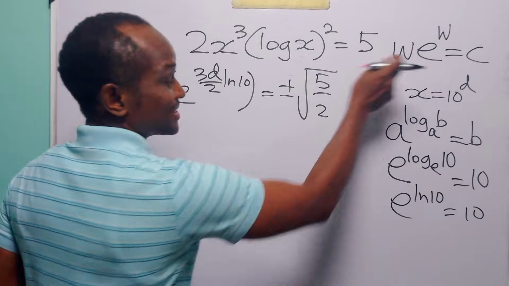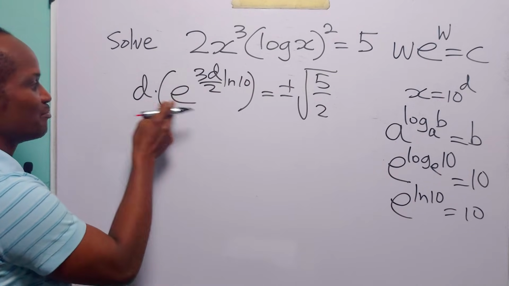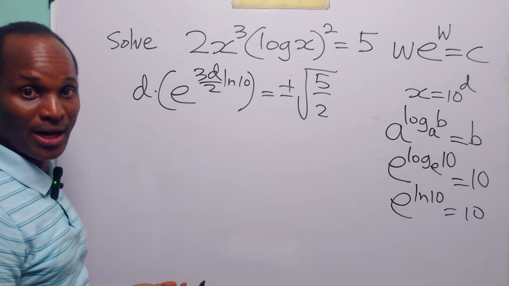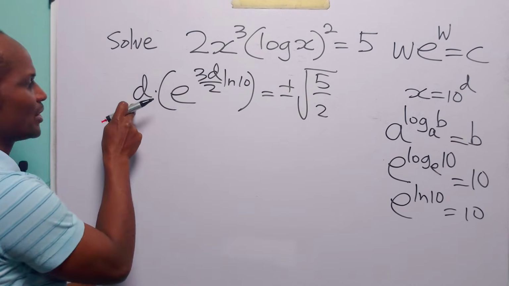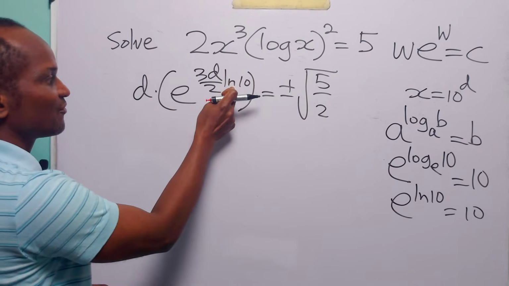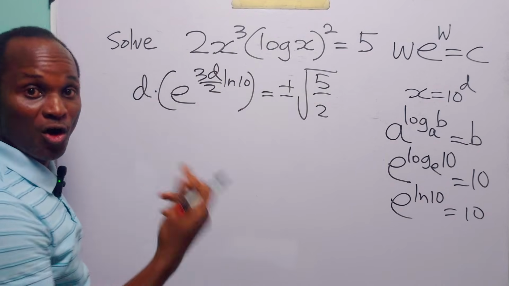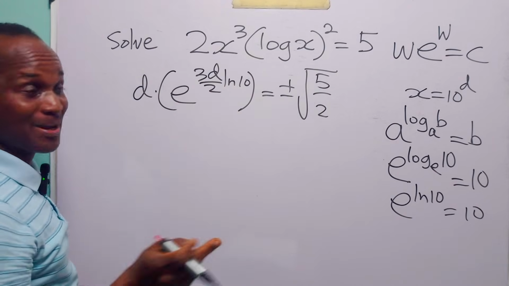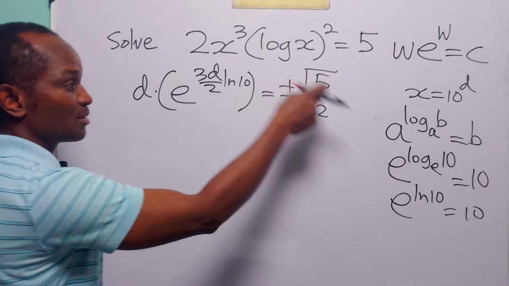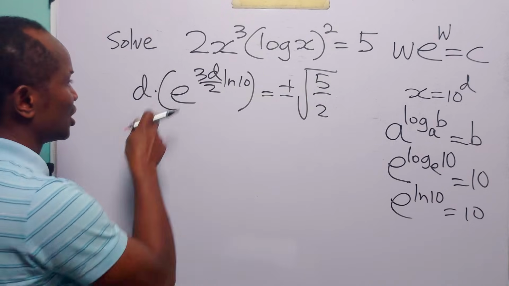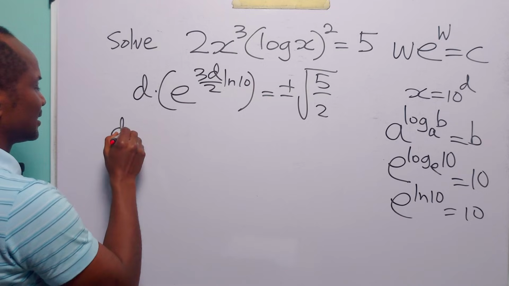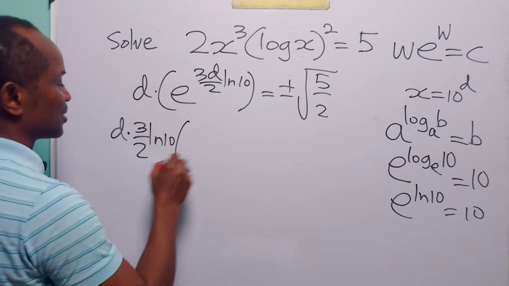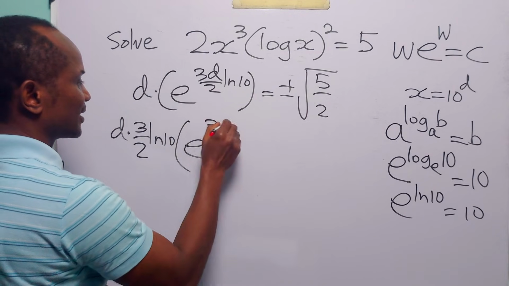Now, remember that this is our goal, where what we have before the Euler number is exactly the same thing as we have in the exponent of the Euler number. So the question is, what are we going to multiply d with to give us exactly what we have in this exponent? Of course, you know that it is 3 over 2 ln 10. And you remember that whatever we do to one side of the equation, we must do to the opposite side of the equation. So we have d times 3 over 2 ln 10 multiplied by e to the power 3d over 2 ln 10